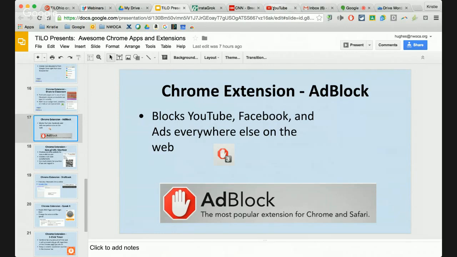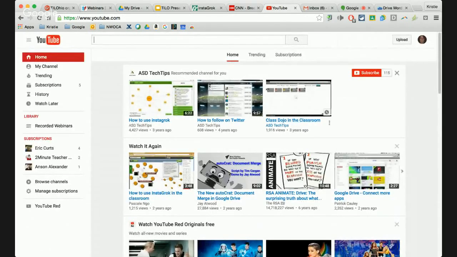I'll show you, I pulled up YouTube a little bit earlier, and I just typed in youtube.com and did a search on YouTube. What you'll notice is this Ad Block right here has the number 5 right next to it because it will block all the ads that might be coming from any website I may be viewing. It's just grabbing all those ads and not letting me see them as a viewer. So that is one that I have on all the time. You can click for details and customize certain things, and so forth. But that is one that kind of runs for me in the background, and I just have it on all the time.